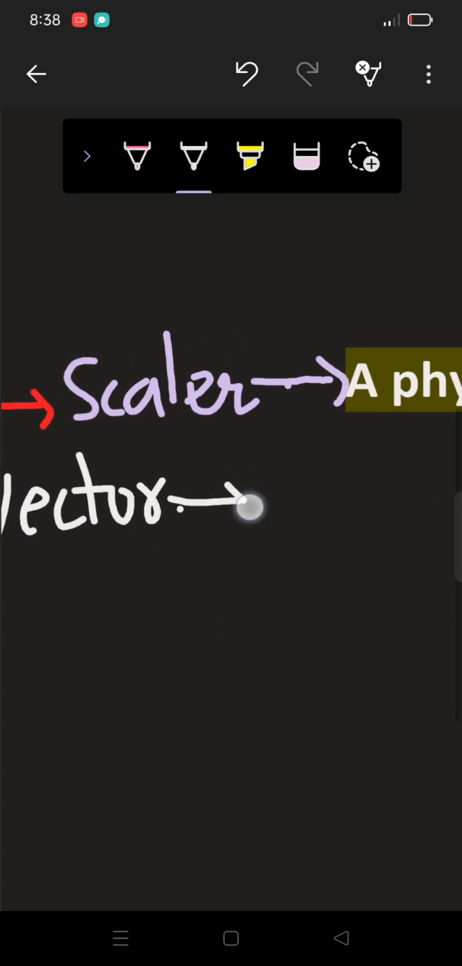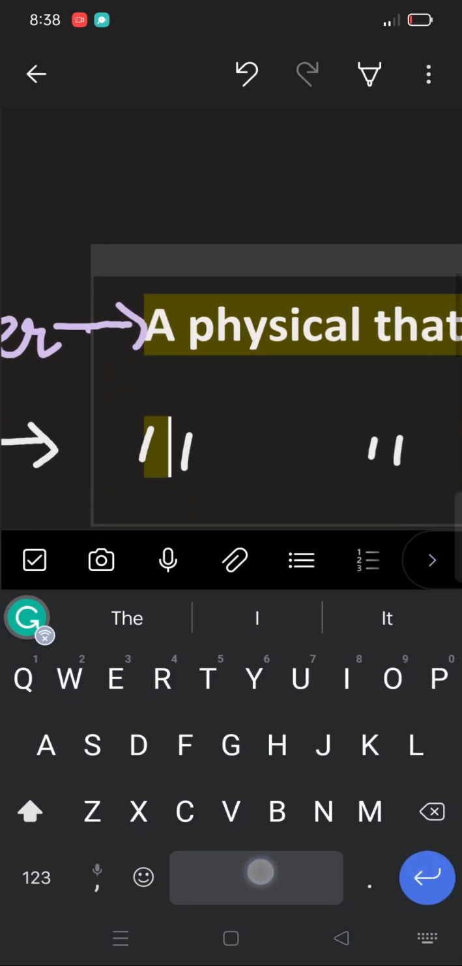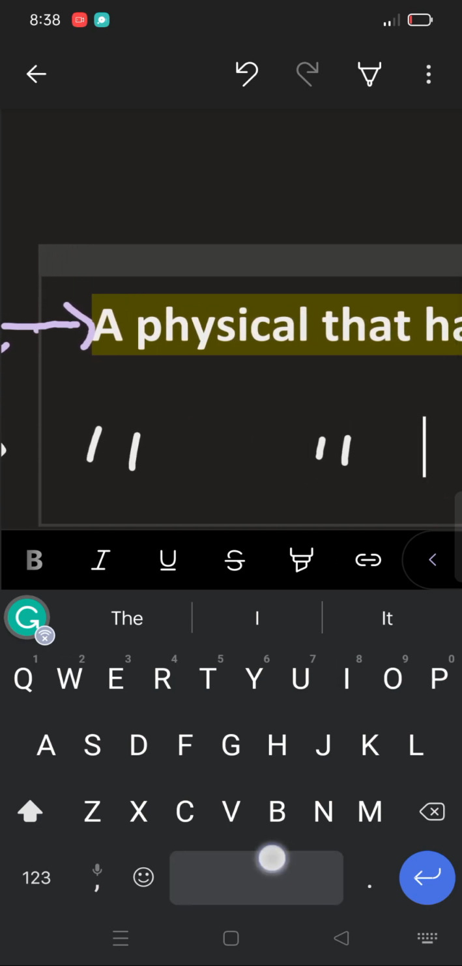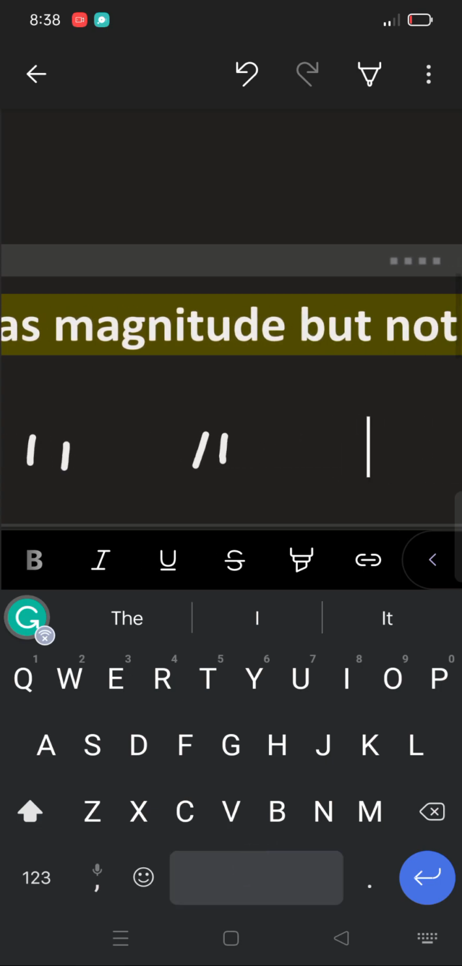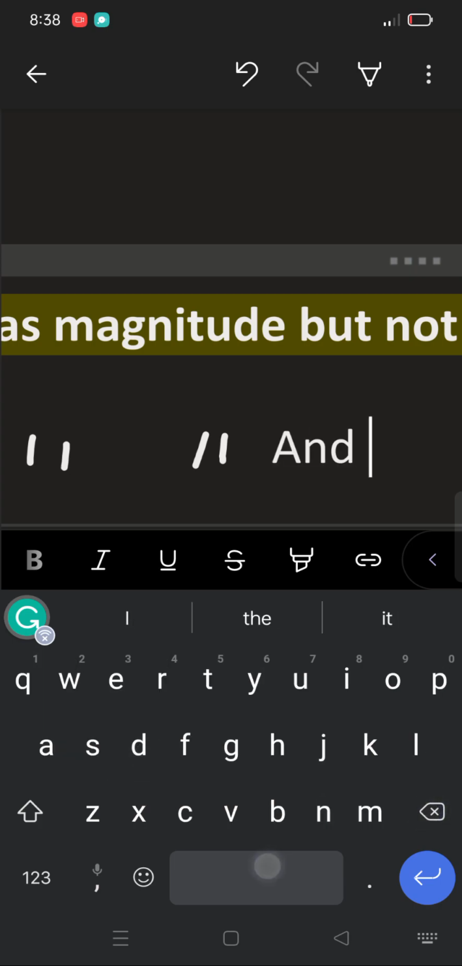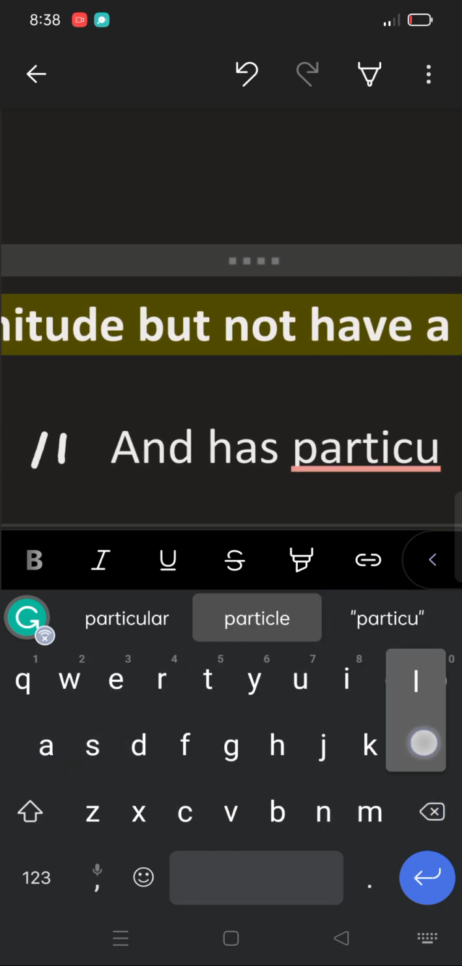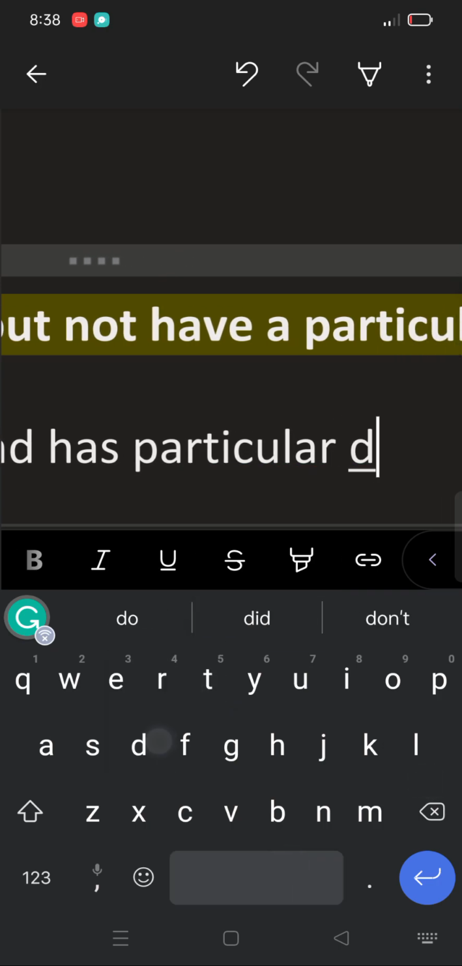And what is a vector quantity? This is a physical quantity which has a particular magnitude, meaning it has a numerical value as well as a unit. These both things are included in the magnitude. It also contains direction, so it has magnitude and a particular direction as well,